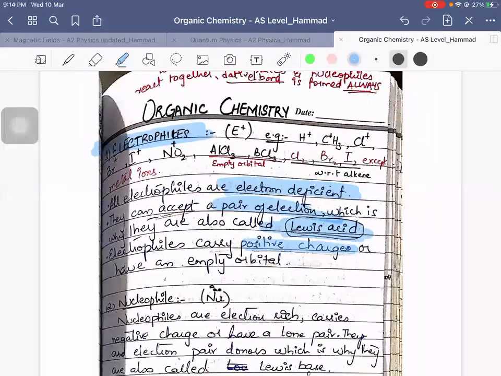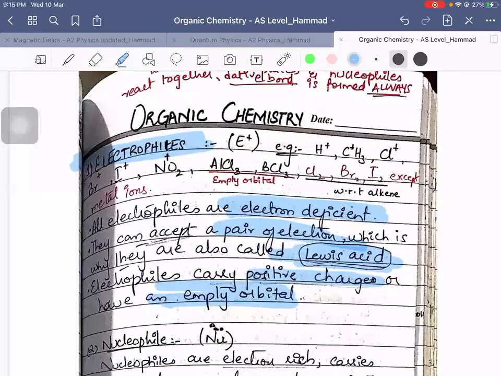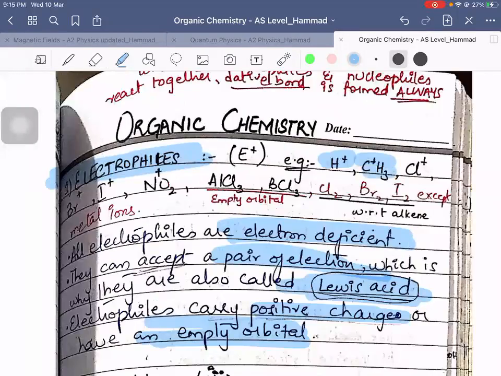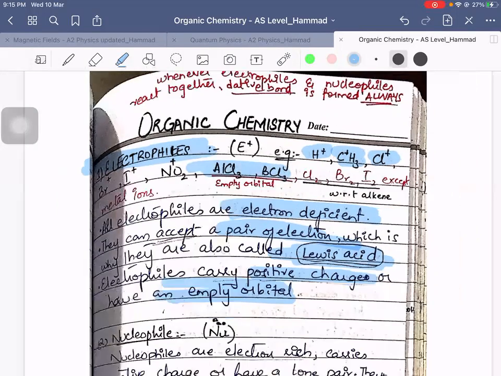Electrophiles will carry a positive charge, or you could say they have an empty orbital. In both of these cases, they will accept electrons. On the other hand, these are a few examples of electrophiles: H+, CH3+, Cl+, I+, Br+, NO2+, AlCl3, BCl3. Right? Moving forward, nucleophile